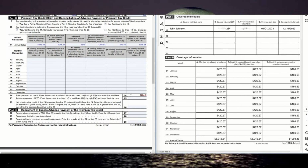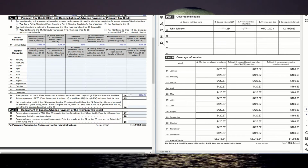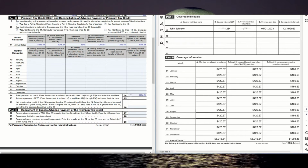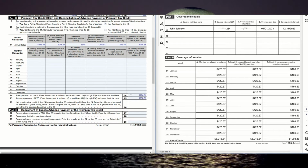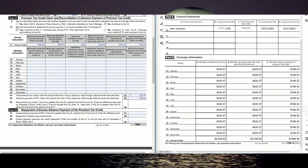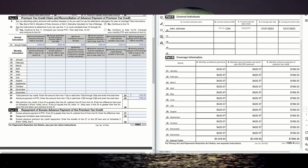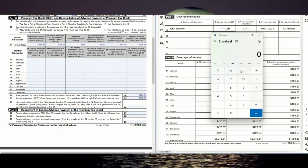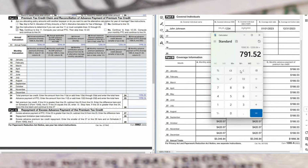That is $1,206.84. And then in the next line, 25, what is the amount that John got during the year? So that is line 11F. So that is $1,998.36. And on line 26, it indicates that if line 25 is greater than line 24, then move on to line 27 because there's going to be some repayment. So next we go to line 27, which subtracts the difference between 25 and 24, and that comes out to